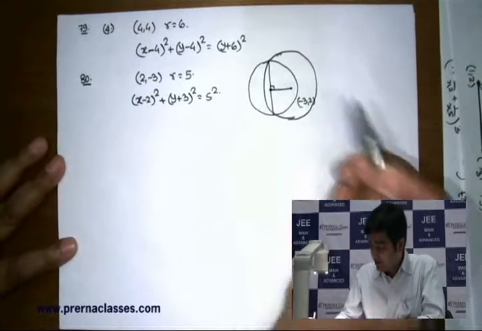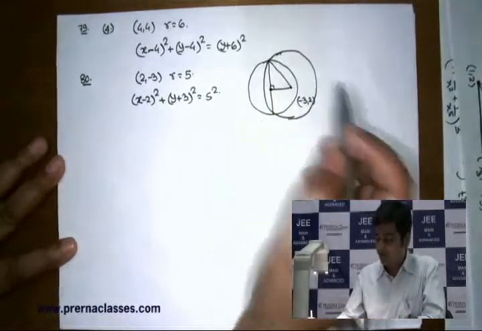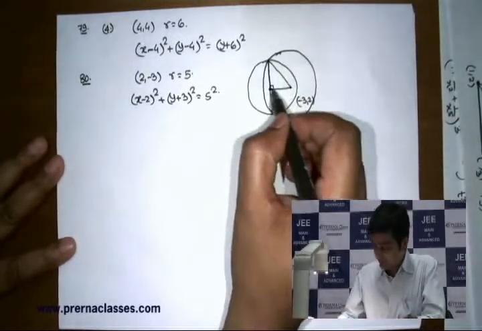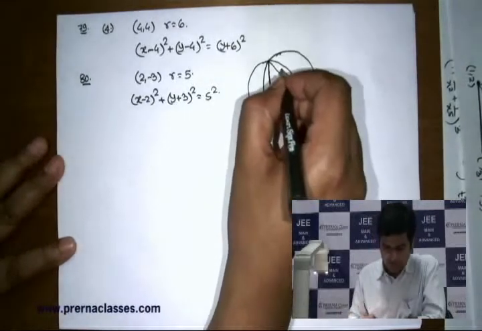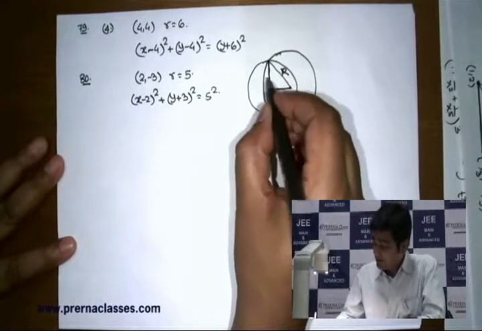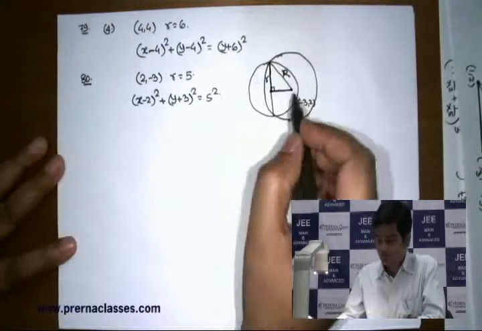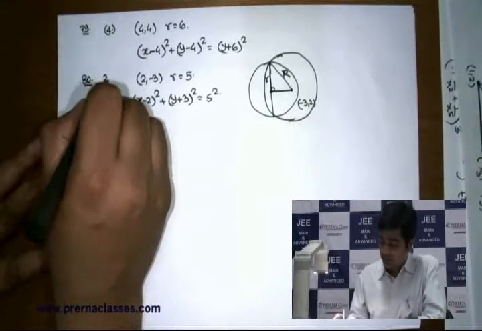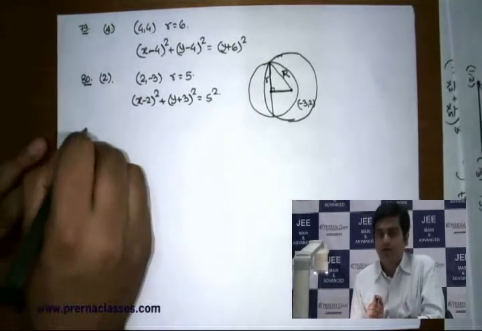Clearly you can then say that if you join these 2 points, this angle is automatically going to be 90 because it is behaving like a chord. Hence you can apply Pythagoras theorem. This length, and you are actually interested in the radius of the second circle, clearly then you are looking at this R. This distance you can figure out. This distance is nothing else but the radius, that is 5. So using Pythagoras theorem you can figure out the capital R value. Hence you will end up getting option 2 as your final answer.